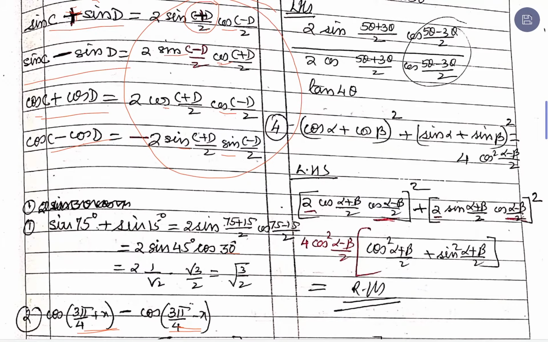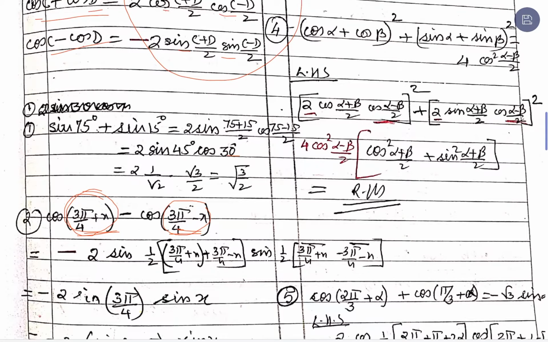We will read this whole thing as one angle instead of A plus B, which can be read as C, and likewise A minus B we will read as D. So this expression reduces to the form cos C minus cos D,